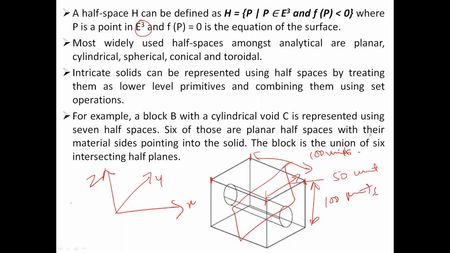Rather than making it like this, if I make it 50 units and 100 units, a cube basically, which will have the width of 50 units, 100 unit height, but length of only 50